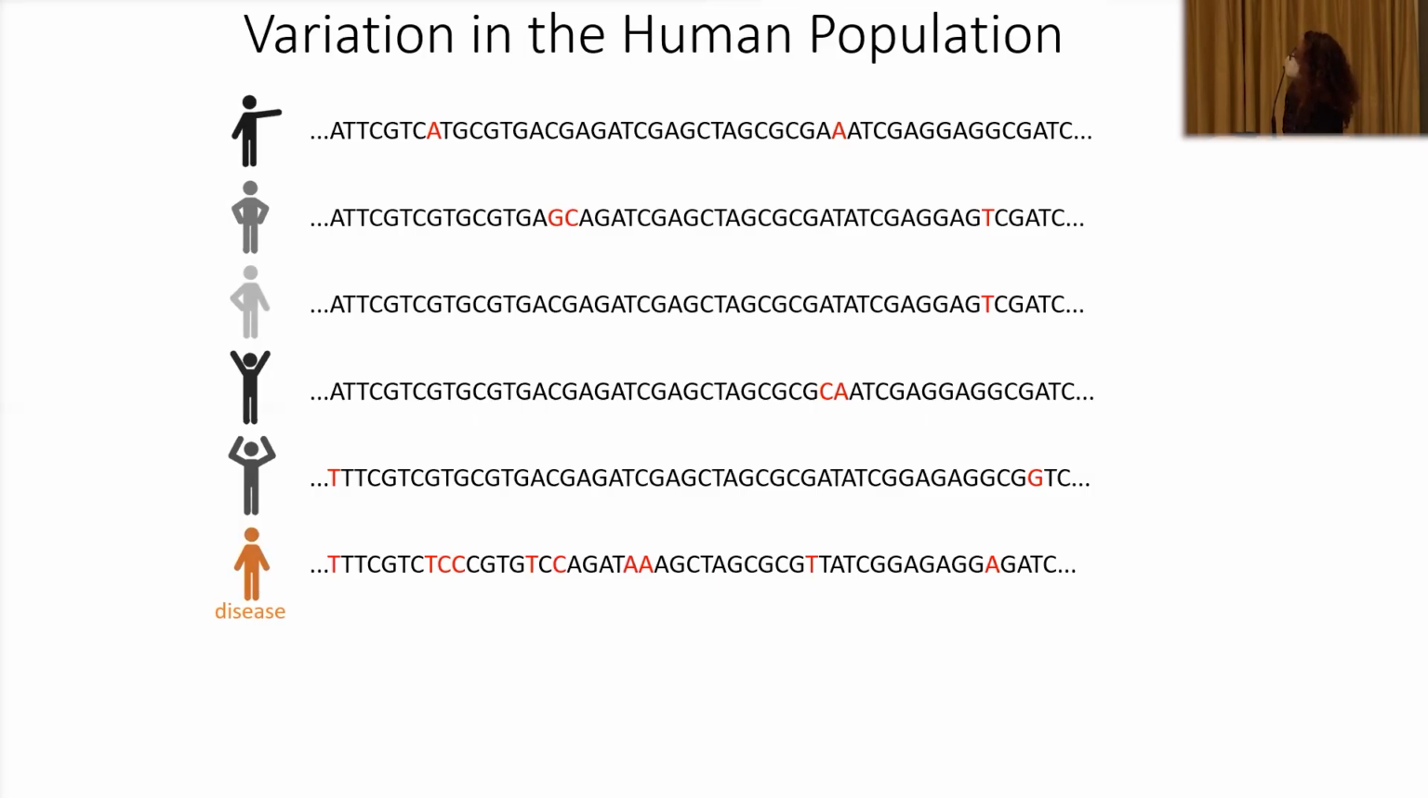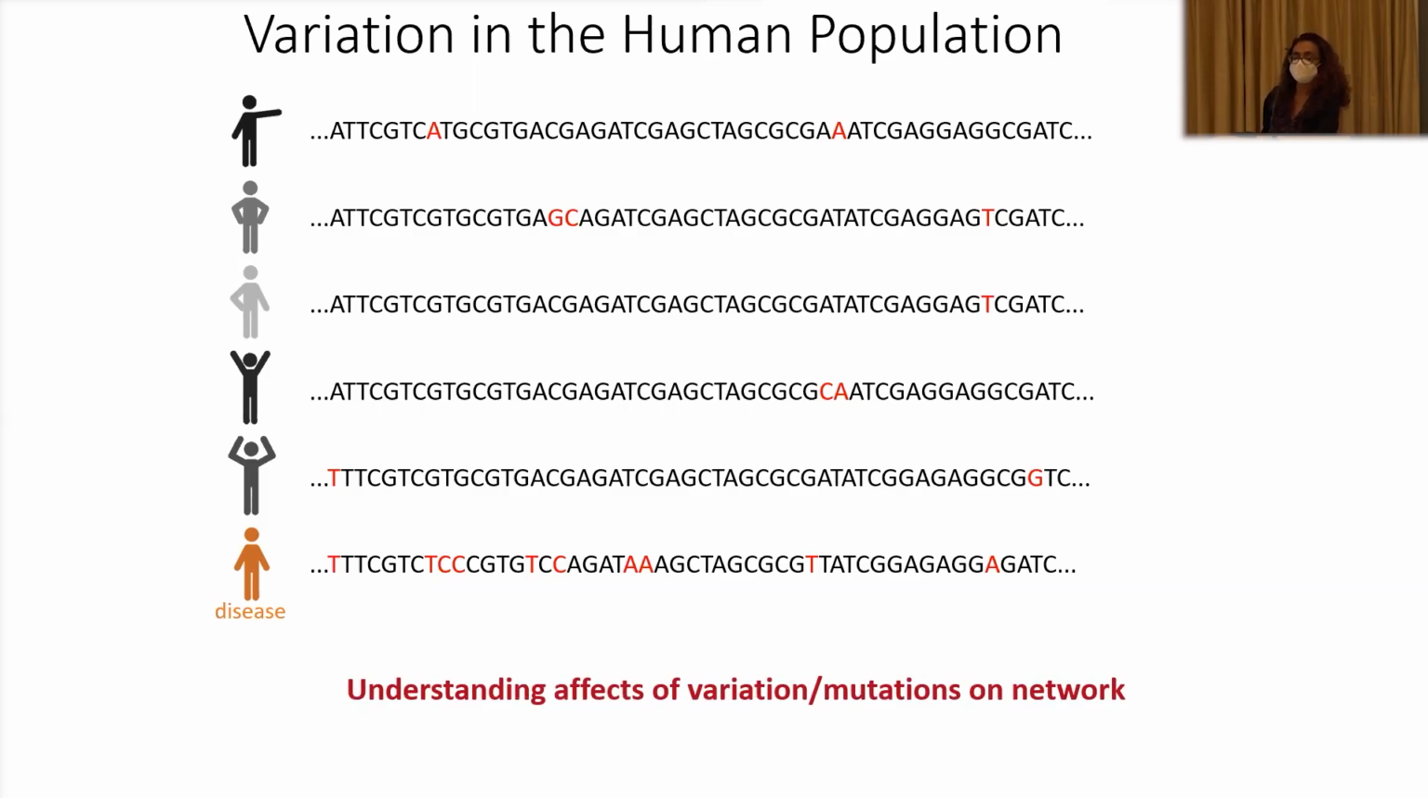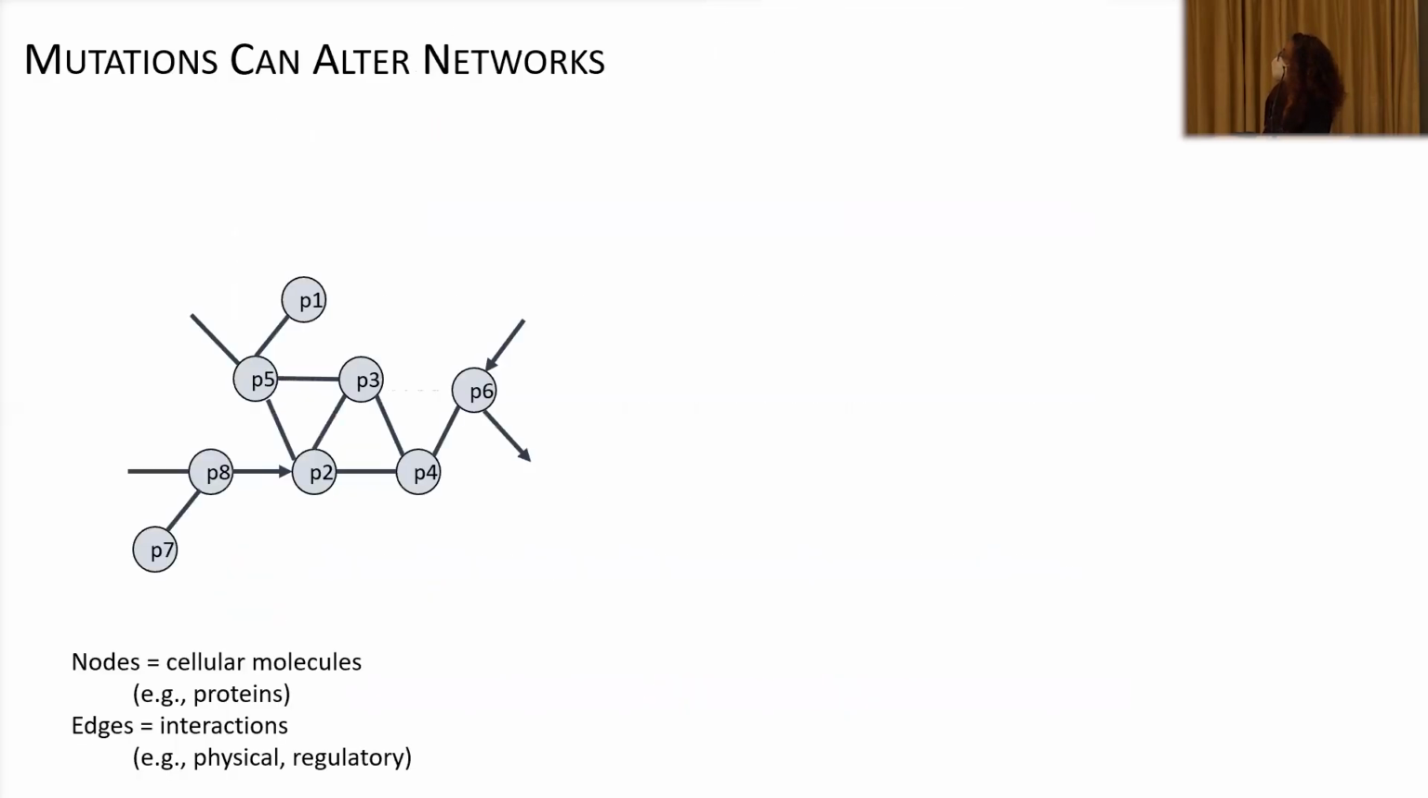And one important thing I think we want to think about as a field, we've talked a lot about context-specific networks and temporally changing networks, but there's also networks across populations, whether healthy populations or disease populations. And so I think it's really important to think about the effects of variation and mutations on networks themselves. And so just taking a protein-centric view here, to start anyway, you can think about a